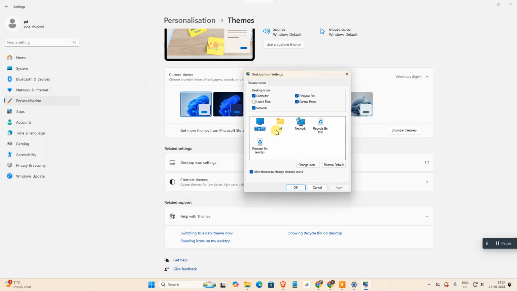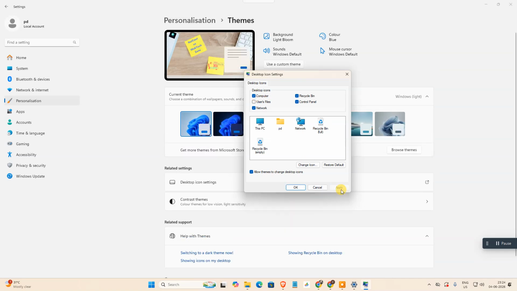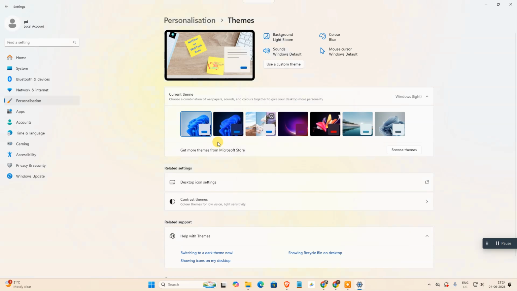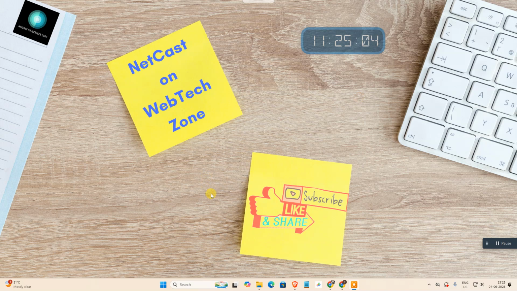icons, which are This PC, your username, Network, Recycle Bin and empty Recycle Bin. So you can add My Computer, just select it and click Apply, then it will be added automatically. Okay, so this is for internal desktop apps. And if you want to add other apps, like external apps or other internal apps from Windows, there